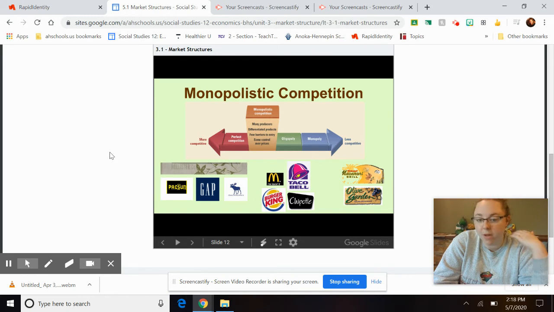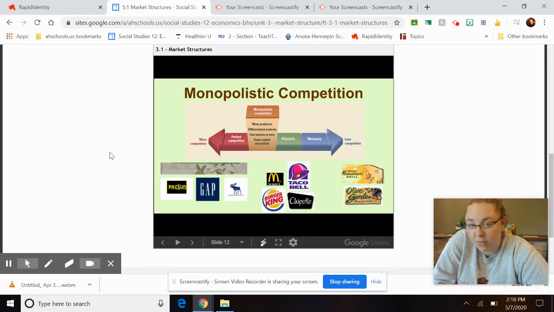An example would be pretty much any mall you go to. They have many options for you to shop at. It just is based on your preference and what you want. Like, I really like to shop at Gap and Old Navy, but I know there are a lot of people out there watching this right now who are probably like, ooh, Gap and Old Navy? Ooh, my mom shops there.